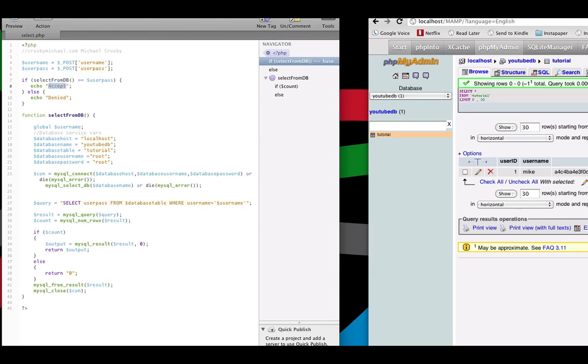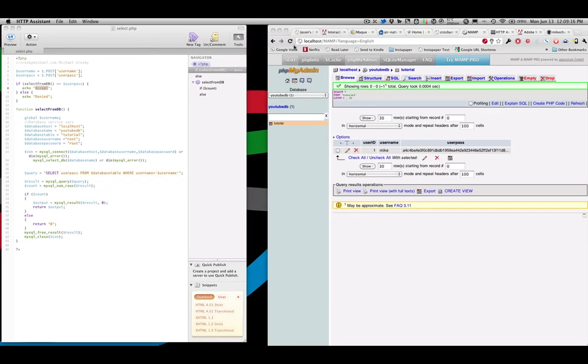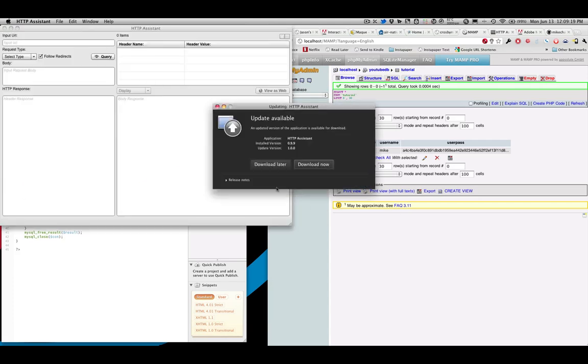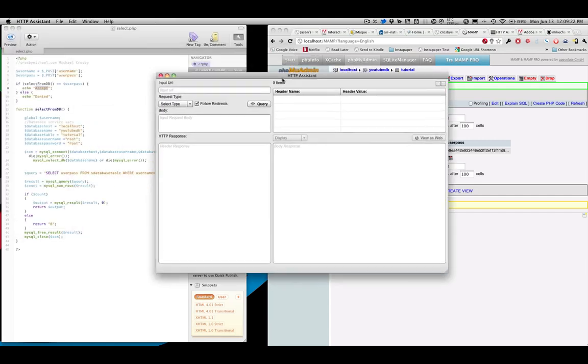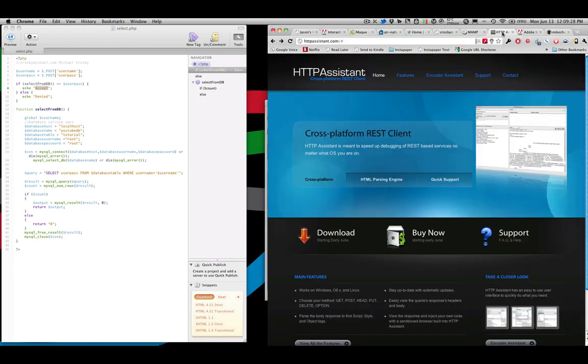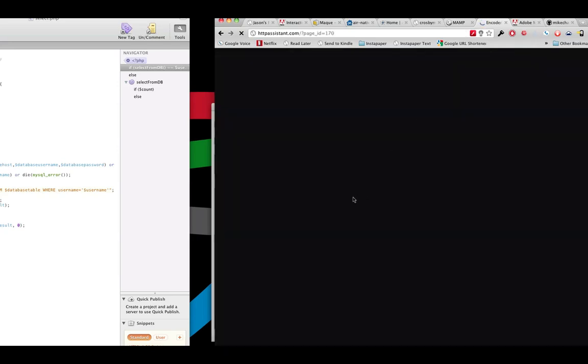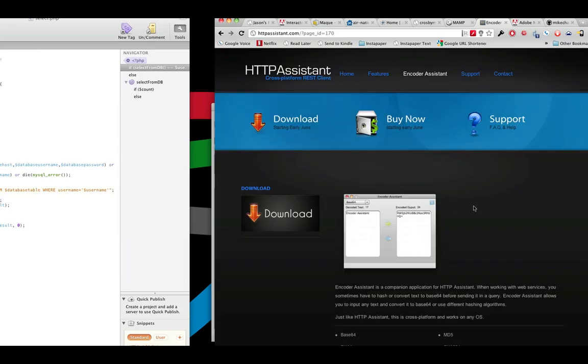So let's test this out to make sure it works. I'm using my HTTP Assistant program that I've built, and this will let you test your REST-based web services. If you go to httpassistant.com, it's not out yet, but if you click Encoder Assistant, this is a free download that I built so you can hash strings or base64 encode them when working on these projects. So download that, and what we will do is